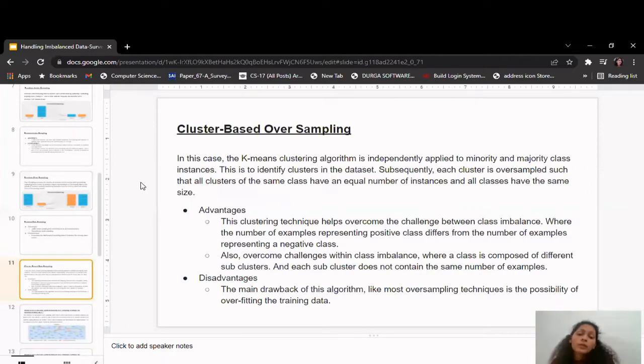The disadvantages: the main drawback of this algorithm, like most oversampling techniques, is the possibility of overfitting the data, because when we are going to take the same data again and again, or we are going to take clusters also, there is a chance that we may go through the overfitting problem. Let's see another